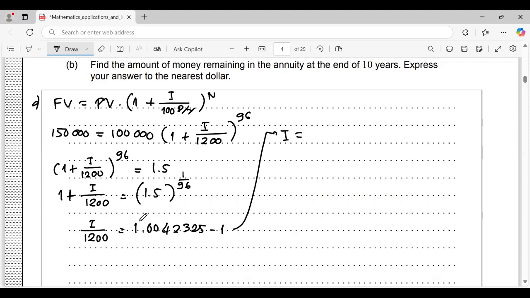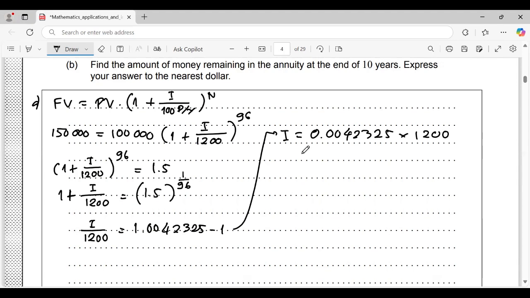Interest equals 1.00422325 minus 1, which is 0.00422325, times 1,200,